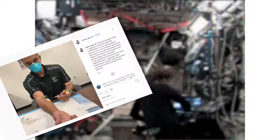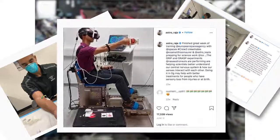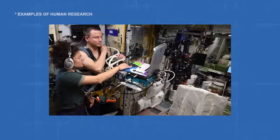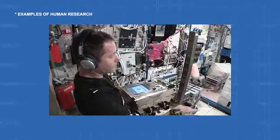As soon as the Crew-3 cohort arrived, it was time to get down to business. One of the major areas of scientific research on the space station is on the astronauts' own bodies. Some of the first experiments they perform help determine their acclimation to the microgravity environment, testing functions like dexterous manipulation,